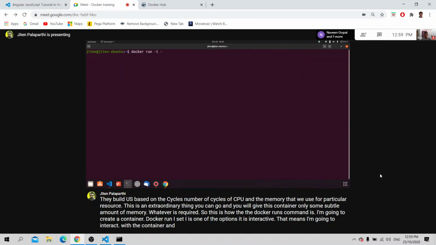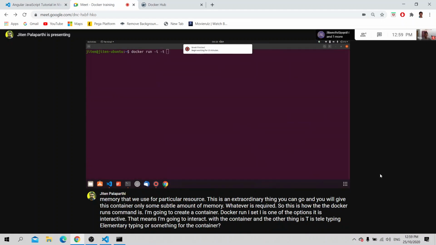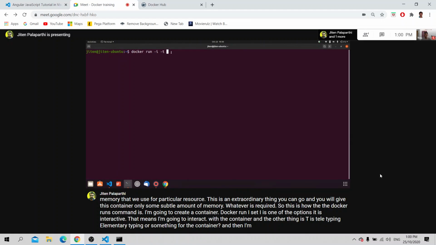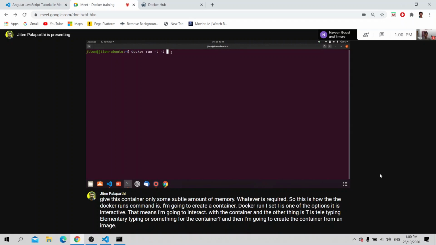And the other thing is T, teletyping, to the container. And then I'm going to create a container from an image. So for that I have to give the image name.